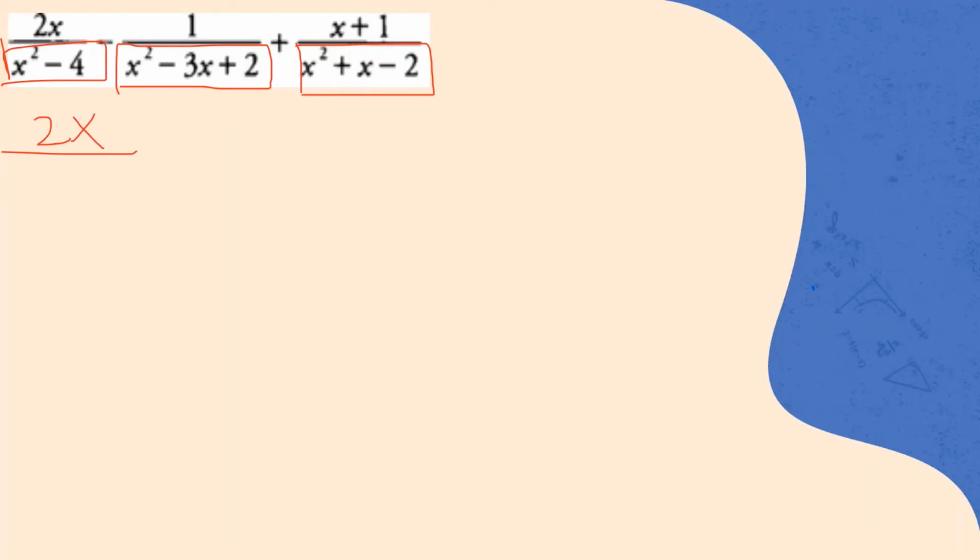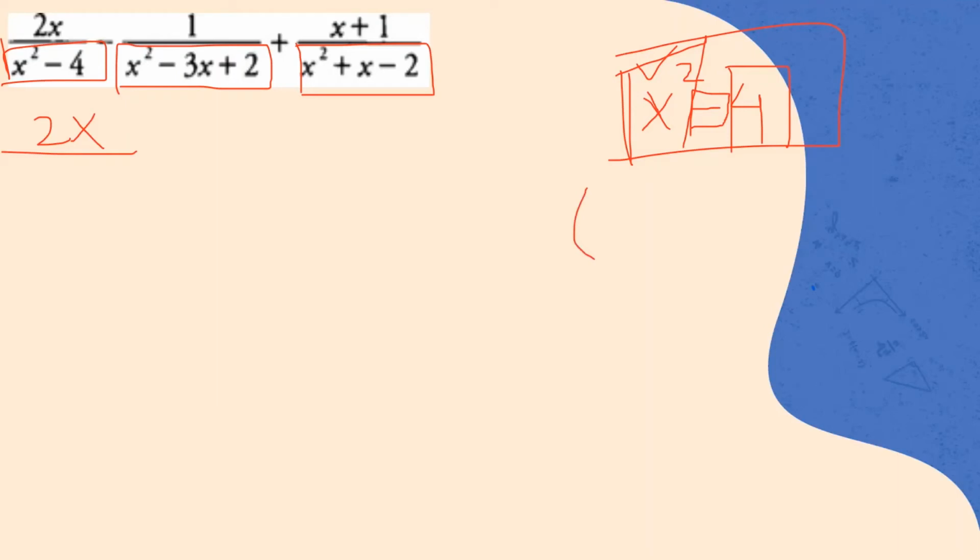So the denominator of the first one is actually x squared minus 4. And this actually is a special form of factoring. The reason this is special is because you have x squared and 4, and they're being subtracted from each other. And x squared is already a perfect square because it is raised to the second power, right? So that is a perfect square, check. The second one, 4, is also a perfect square because 2 to the second power, or 2 squared, gives me 4. And when you have two perfect squares subtracted from each other, you can write them